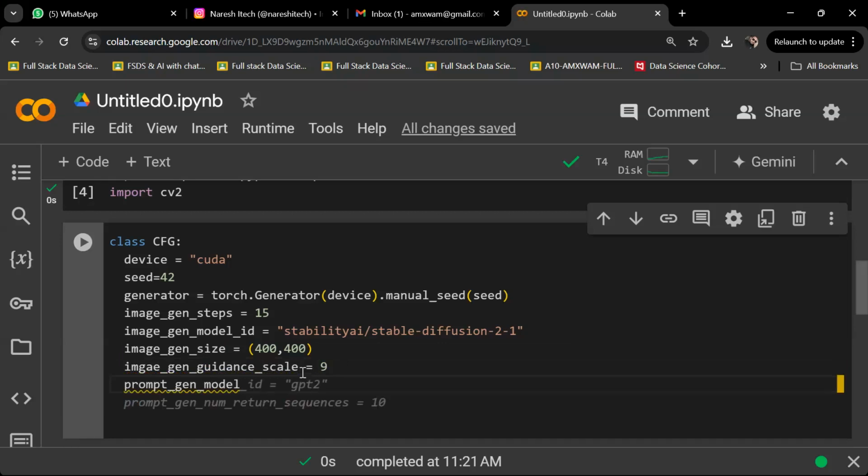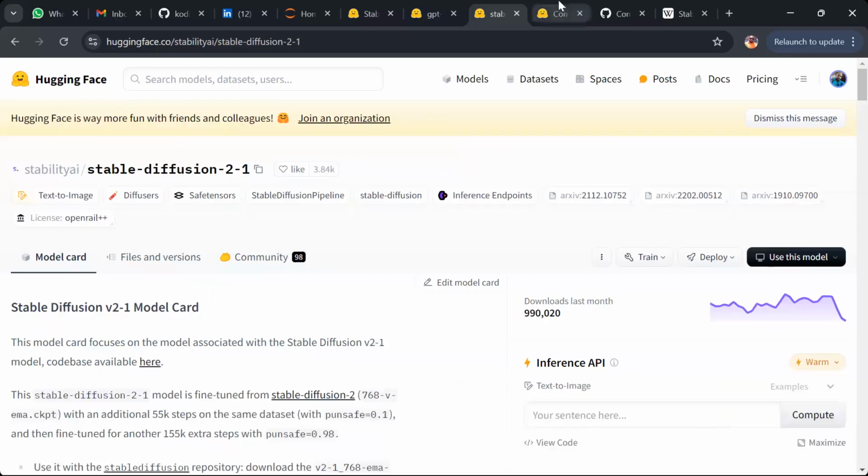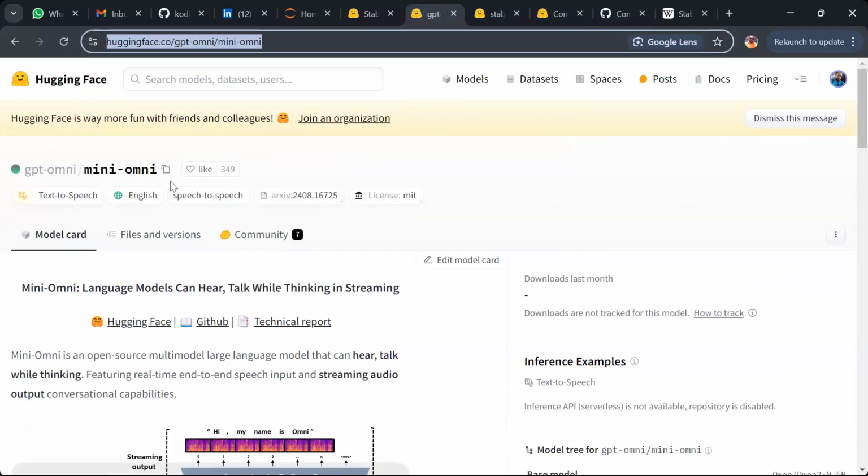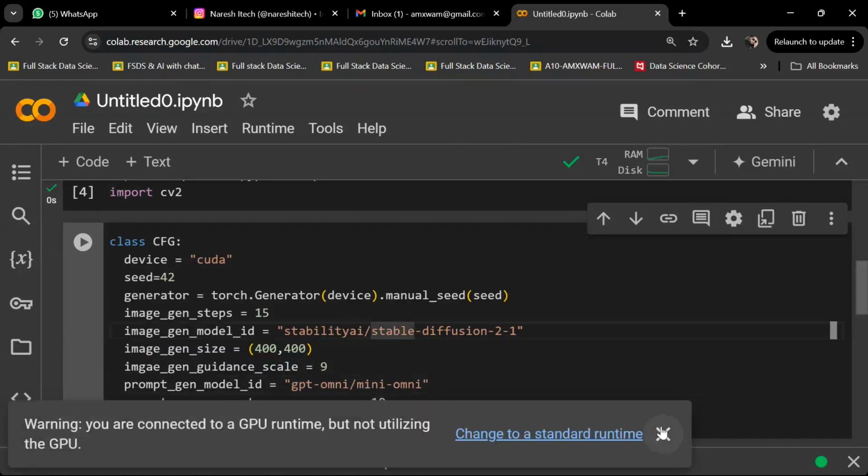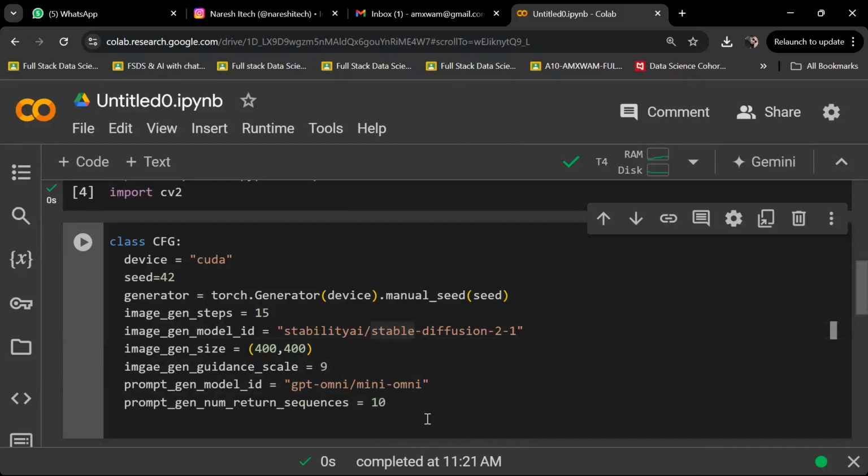model ID. Okay, so not GPT-2. One second, I'll go back to the path again. I can log into the GPT Omni model. Do you see, everything I get from this is open source? I'll copy it, and this is the latest model created by OpenAI. And then, I'll explain all those things, no problem. So, prompt,